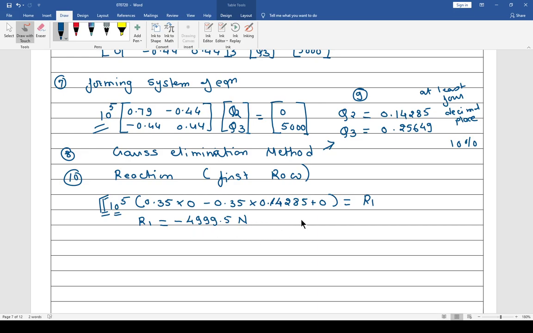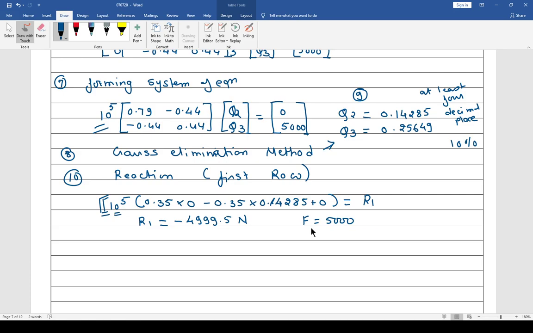Now you could see I applied the force 5000 Newton. I should get the same reaction. That is my objective. Here some sort of error you got because of the number of decimal places. If you increase the number of decimal places, the accuracy of your solution is going to increase. That is the only thing. If you take 4 decimal places, you get a sufficient amount of accuracy.